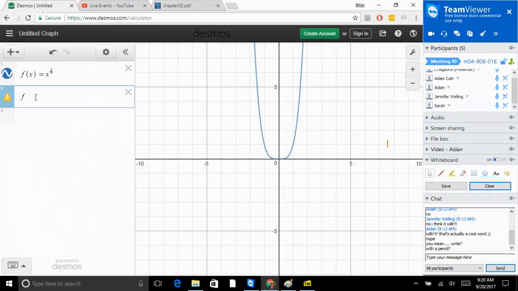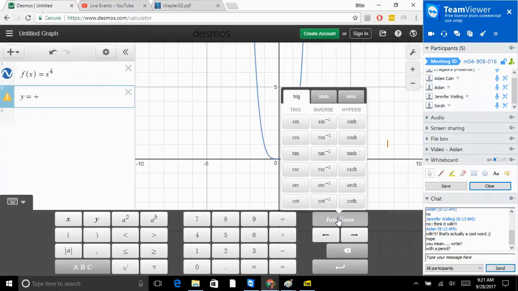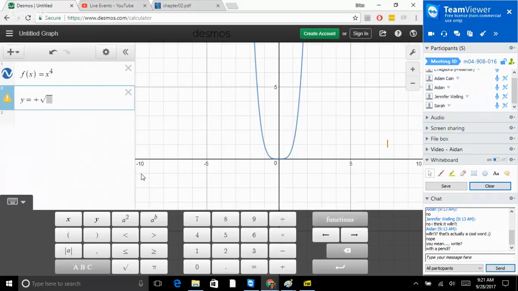I've never actually tried to write inverse function in here. Yeah, that doesn't work. Okay, that doesn't work. We'll just type in the inverse function that we found, right? I don't know if you can do plus or minus. I know I can do fourth root, though. So we might have to just type each of them in. The fourth root